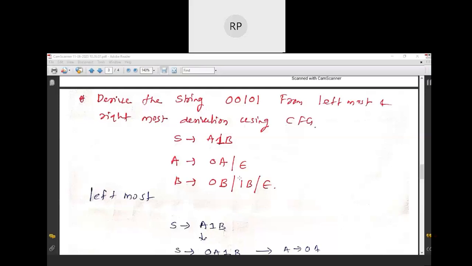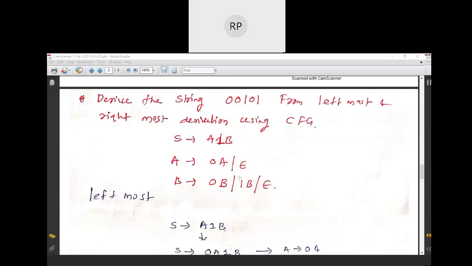You need to derive the string 00101 using the grammar given here: S tends to A1B, A tends to 0A or epsilon, B tends to 0B or 1B or epsilon.